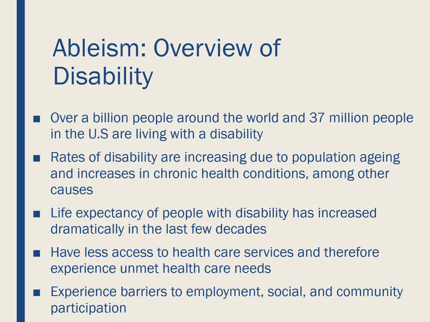And just as we talked about seeing increases in the number of older adults, we're also likely to see the rates of disability increase in the US and around the world because of population aging. The risk of disability increases as we age. Now, we're also going to see increased numbers because the life expectancy of people with disabilities has increased dramatically in the last few years. So advances in medicine and technology mean that individuals who experience car accidents, trauma and war, or were born premature with low birth weight, are now surviving, whereas they haven't in previous decades.